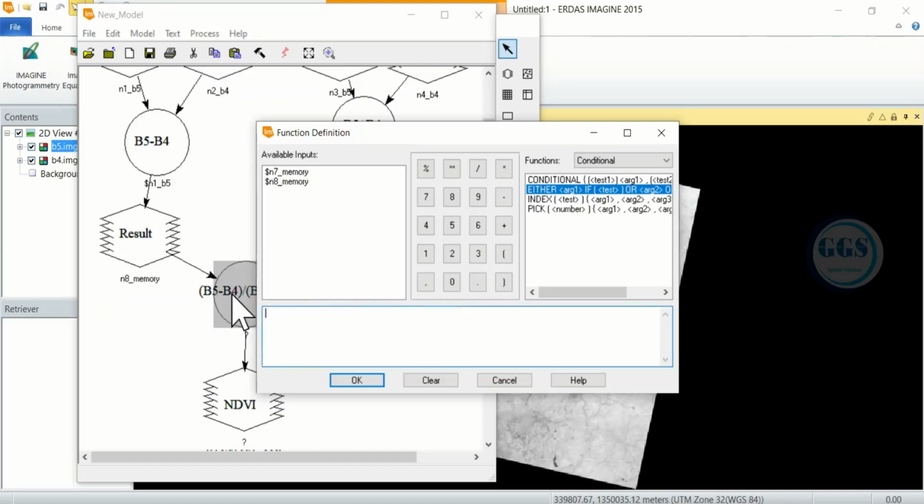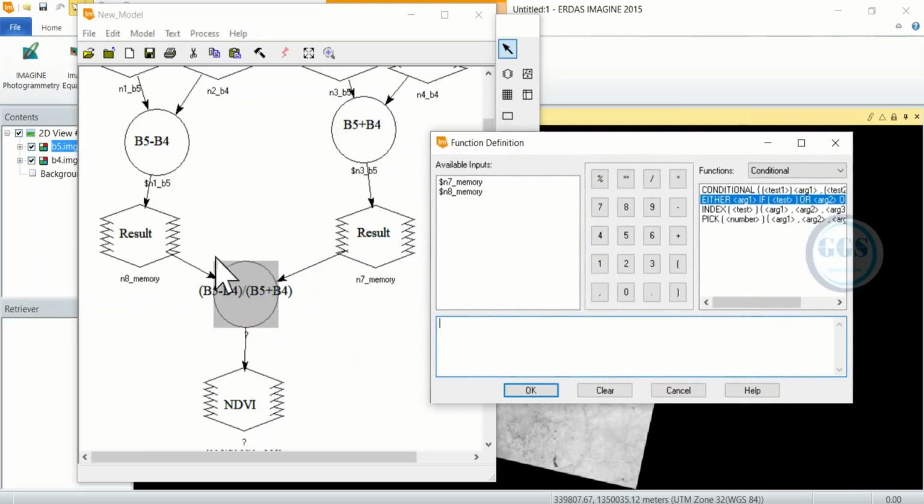To write the function, we remember that it is the result from here divided by the result from here, which means this N8 will be divided by this N7. But it's not that straightforward. So what to do: place your cursor here and type either space 0 space if, open brackets, this one, which is the result from here, the result from here. Double click it. Space, equal to